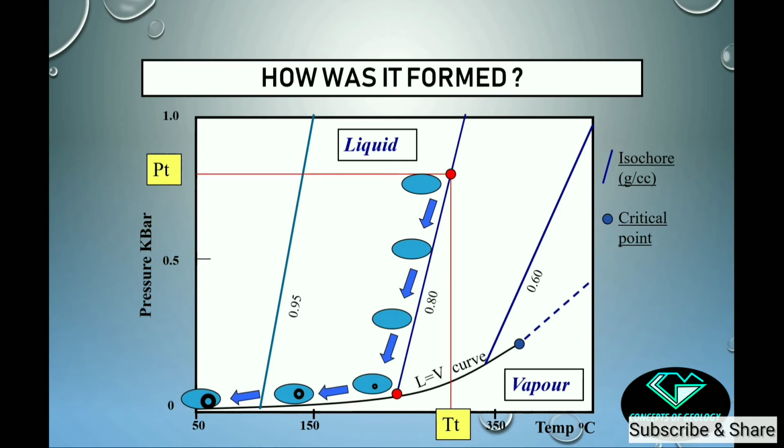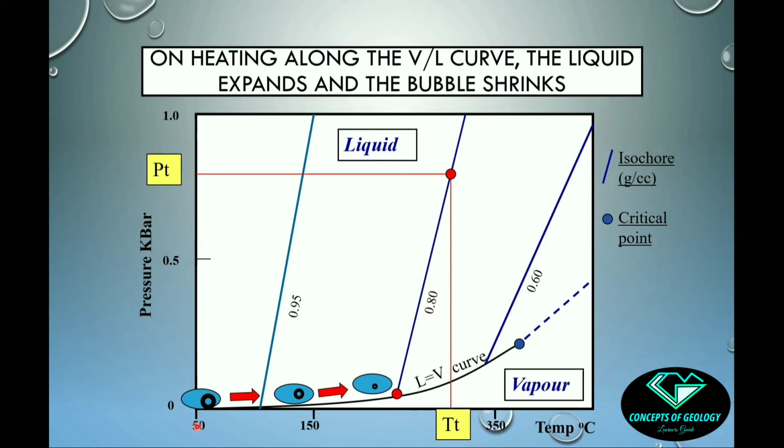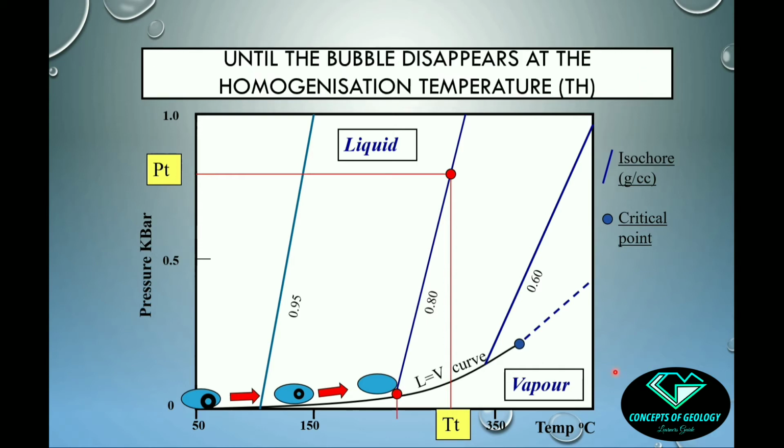Now, we will observe what is happening on the PVT diagram previously explained during this heating experiment, okay. For that, we have to recall again how it was formed, because during heating, it will just follow the same path, but here the path will be just reversed. So when we started the heating process, the bubble was gradually disappearing, okay, and this was moving through this L equal to V curve. See, through this curve, the density of the inclusion is decreasing. Now with continuous heating, at a particular temperature, the inclusion is touching this L equal to V curve at that point, okay, and here the vapor bubble is completely disappeared. So this was marked as the temperature of homogenization.